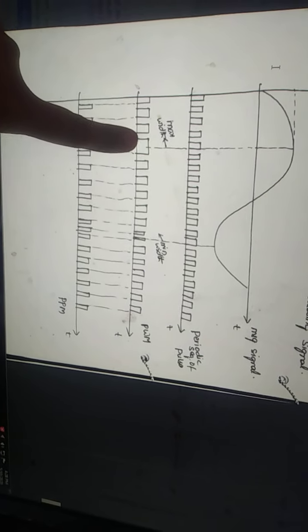So this is the pulse position. For this also we have similar generation and detection. Here this is the input signal and this is a pulse generator circuit, which we give as input to a multiplier, and what we get is pulse width modulation. So we can calculate maximum width and minimum width, and this is the pulse position.